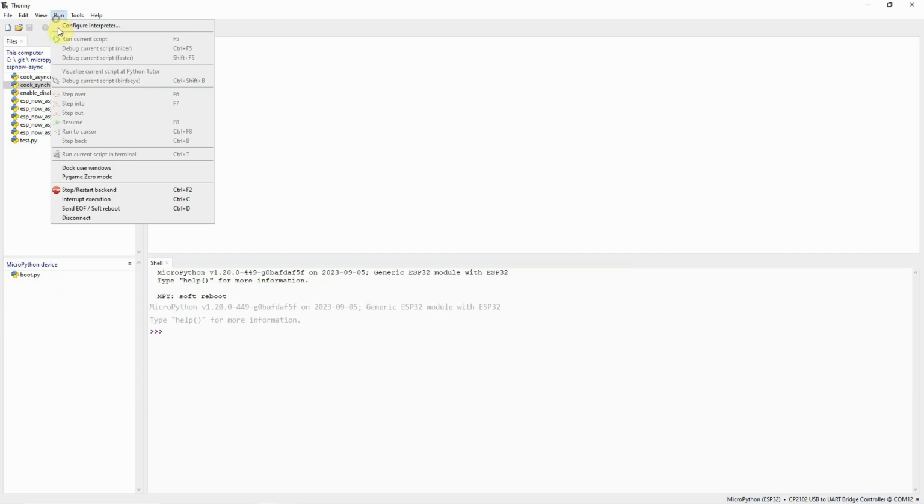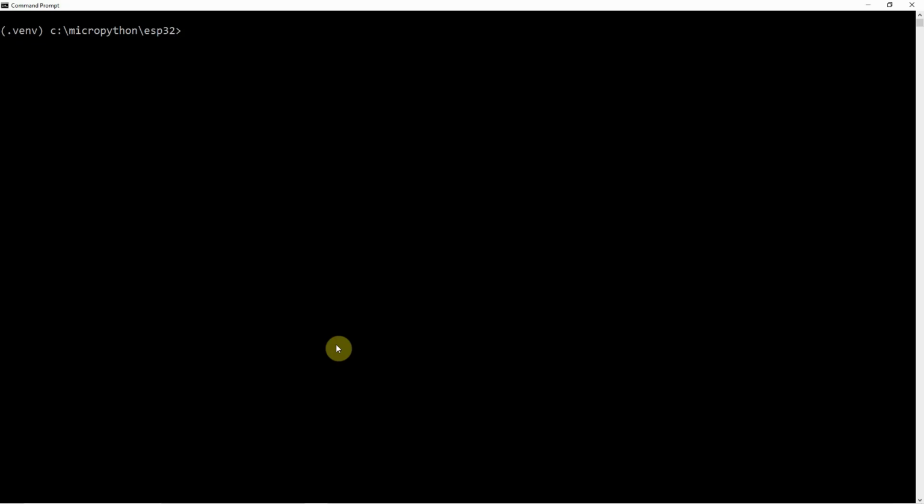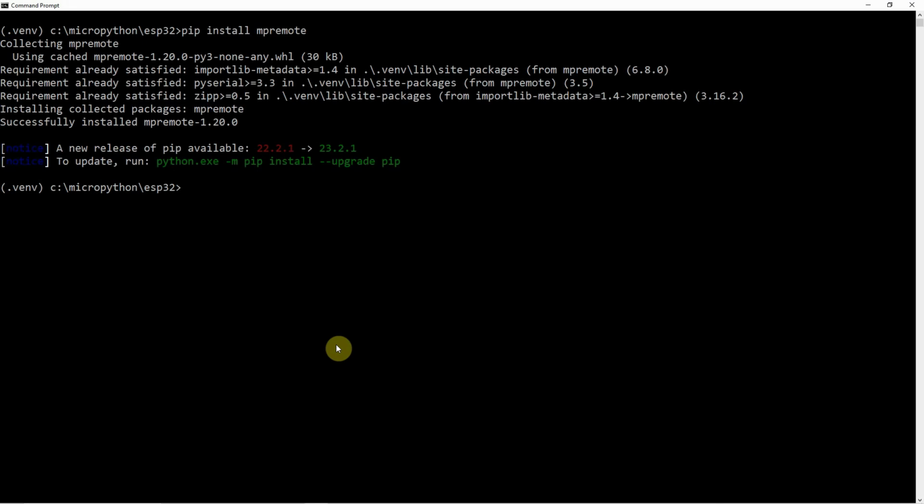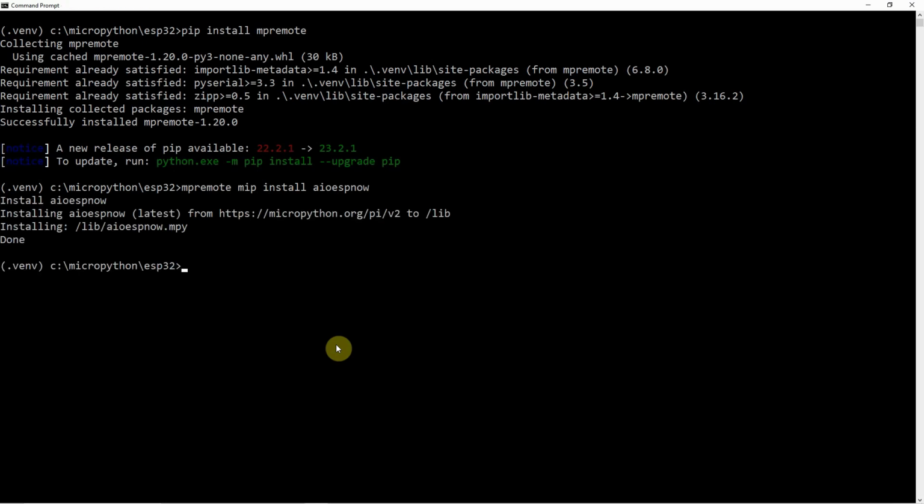So I'm just going to disconnect right now. Then we can install mpremote by using this command, pip install mpremote. Once mpremote is installed, we can execute the command mpremote mip install, and then the name of the module is aioespnow, and then press enter. Now it will download the library from the MicroPython lib folder,